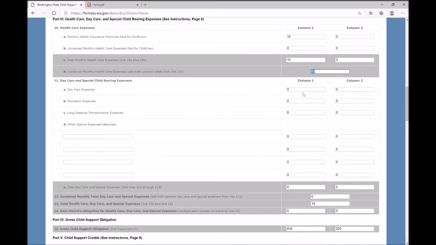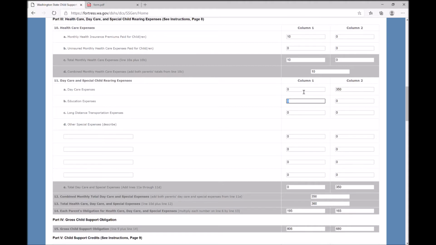Let's come down. Daycare expenses. Since in this case both parents work, it is expected that when the child gets off of school in the mid-afternoon, the boy needs to go to an aftercare facility, and that aftercare facility, say, charges $350 a month. And let's say that the mother just pays that out of her pocket every month to the school directly. So we need to take that into account because that's a shared responsibility between the parents that the mother is paying directly. So we enter that